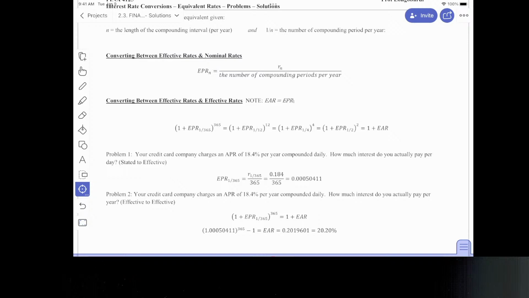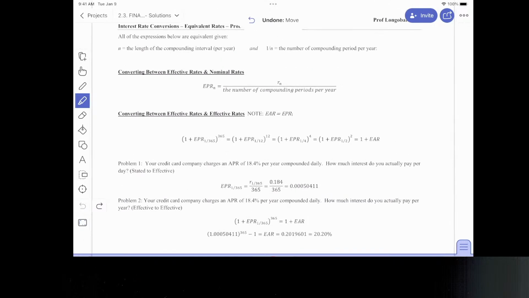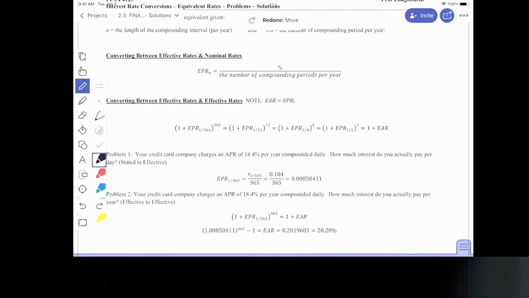You want to be able to convert between stated rates, what are called stated or nominal rates, otherwise known as stated or quoted rates. So these are the ones we deal with. These are the rates,